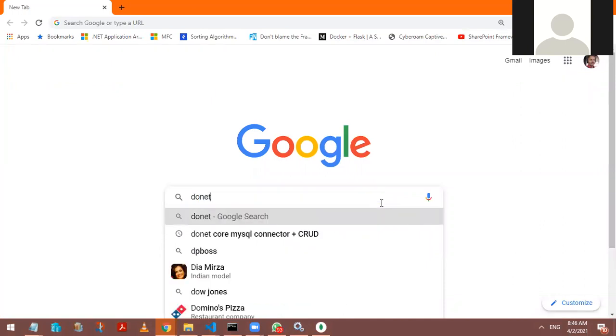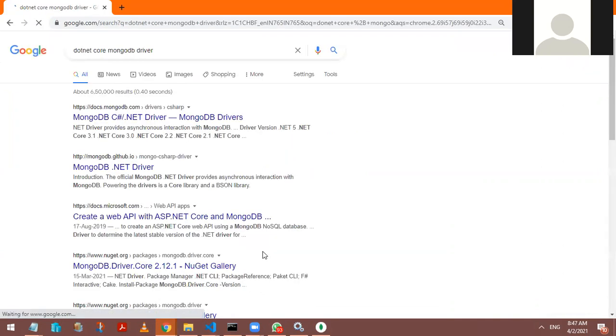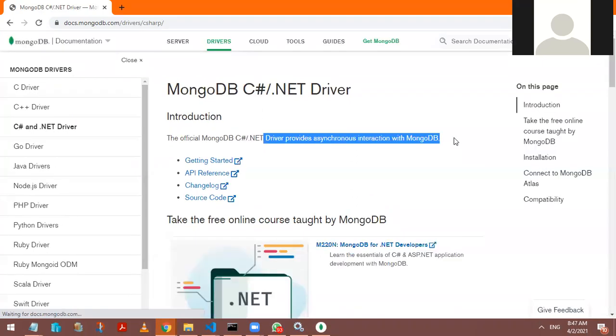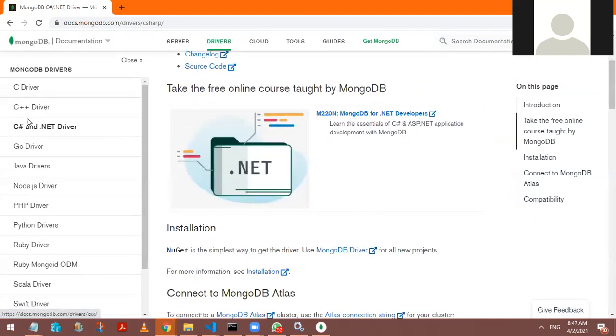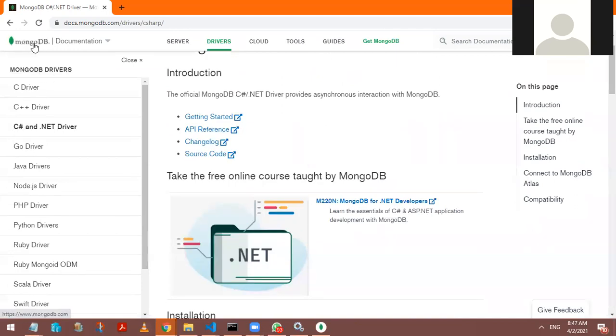So .NET Core plus MongoDB driver. Can you find MongoDB driver? And I might get some official help here. How do you access the MongoDB database connector? So docs.mongodb.com. If I just click on that area, you are in the docs.mongodb.com drivers. It gives me the official help. How do you deal with MongoDB? Okay, you know, see, complete help is available. And this is coming from MongoDB.